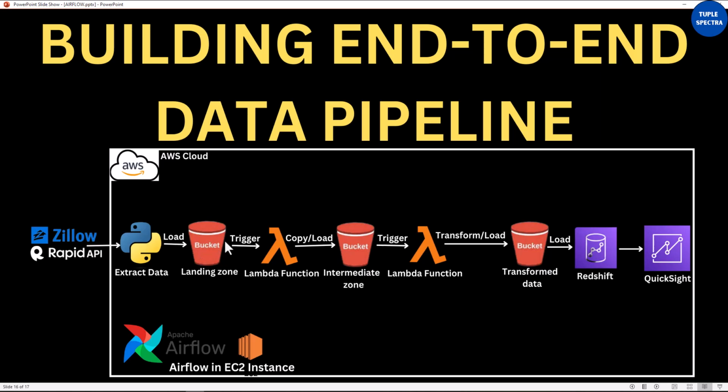We gave it a name, and that triggered a lambda function, which then copies that JSON file into another bucket. Immediately it lands into this bucket, it triggers another lambda function which does some transformations. We selected some columns from the data and then converted the data into CSV and then loaded that into this